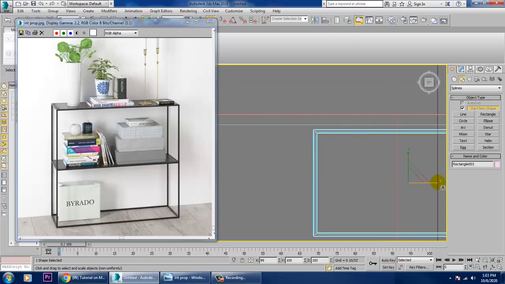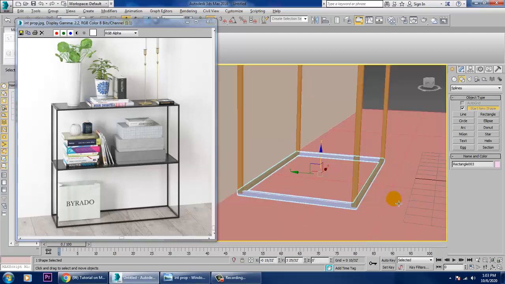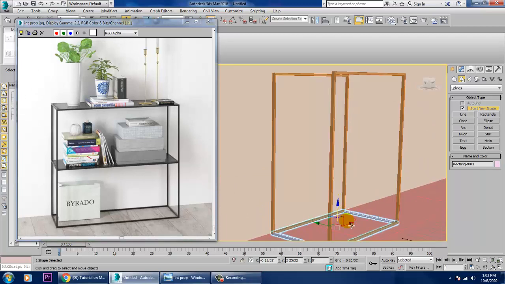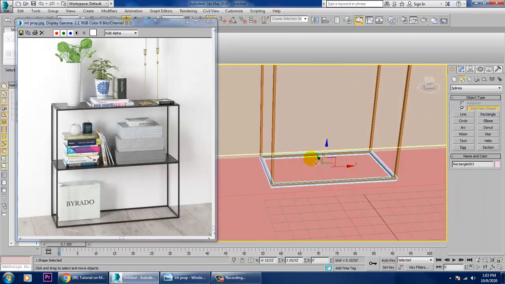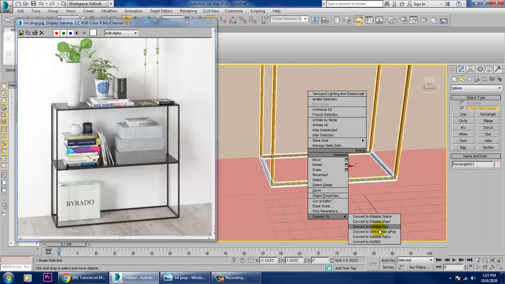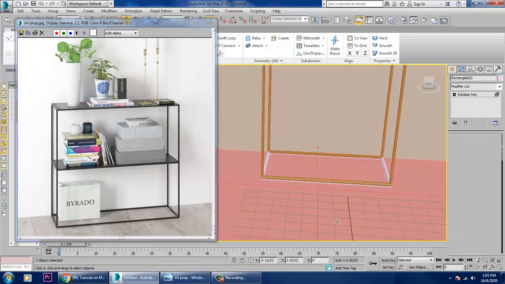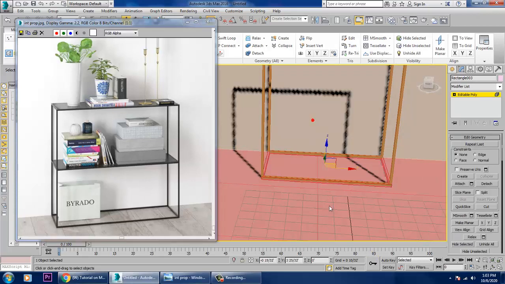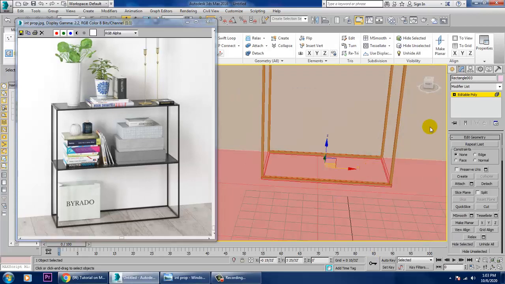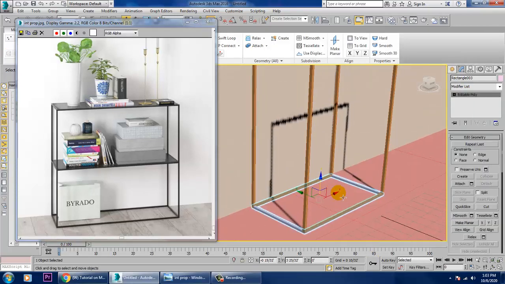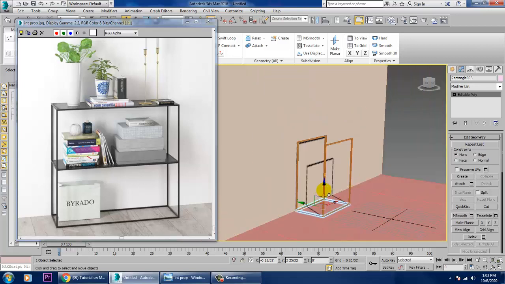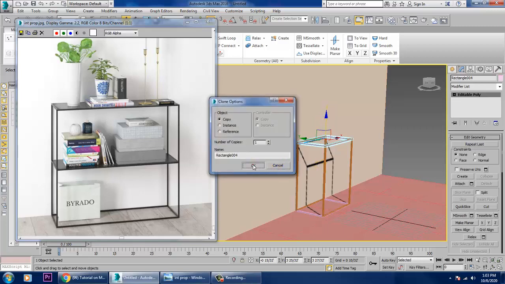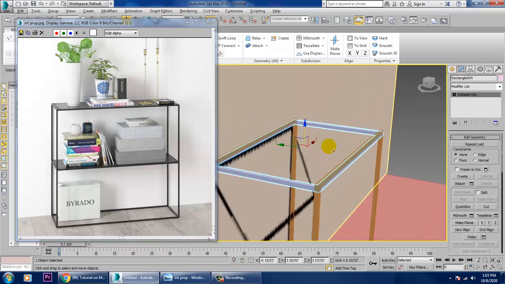Alright, we can duplicate this. Before we duplicate it, right click, convert to editable poly. Let's select this and push it up on top of that. Let's go into the vertices.